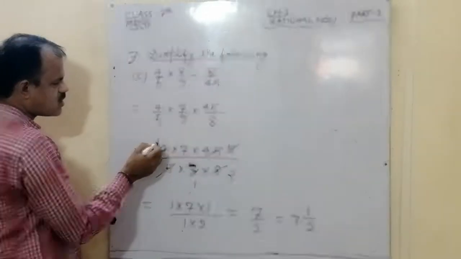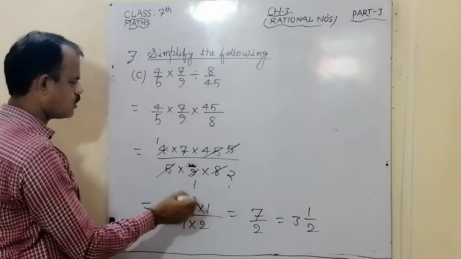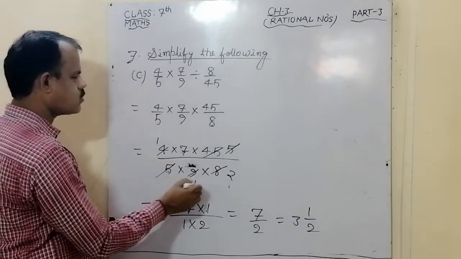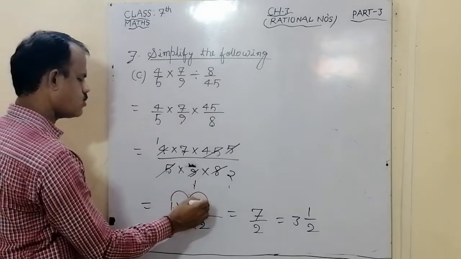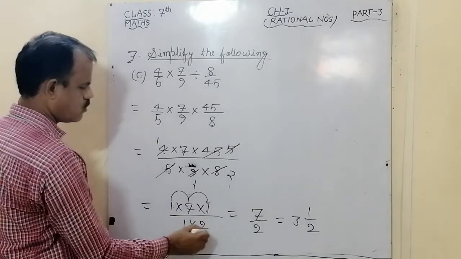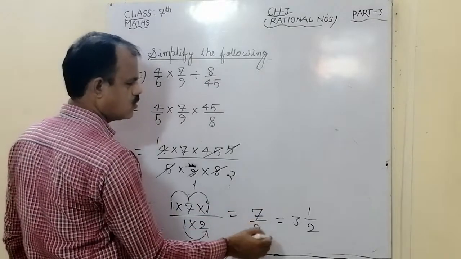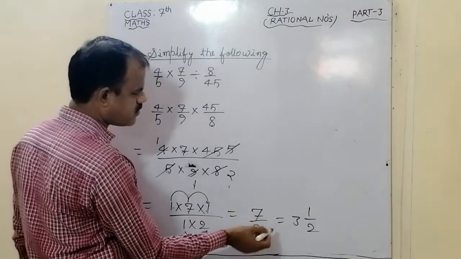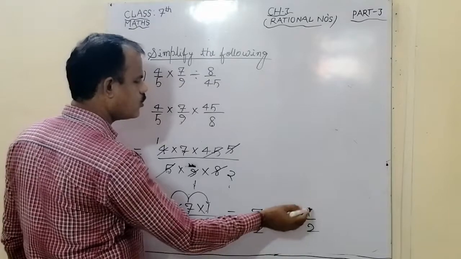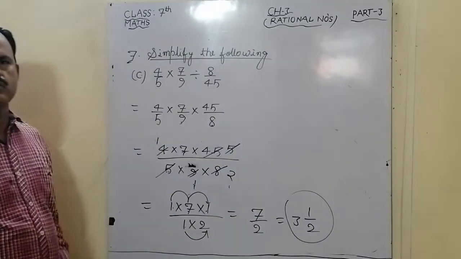Now numerator place number is 1 7 1. So 1 multiply 7 into 1. Denominator place number is 1 2 1 2. 1 into 7 7, 7 into 1 7, and 1 into 2 2. So 7 by 2 we can write, this is improper fraction, we change it into mixed fraction, it becomes 3 whole 1 by 2, and this is the final answer. You have to solve remaining part.